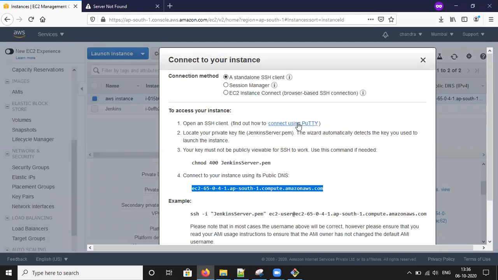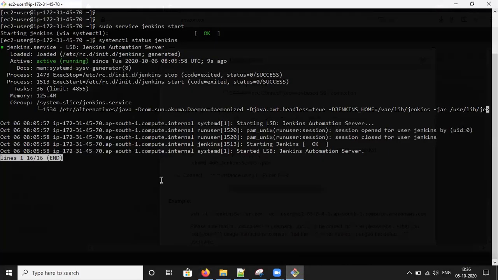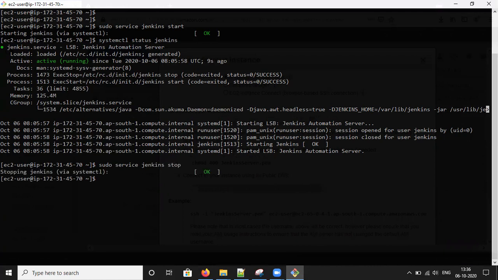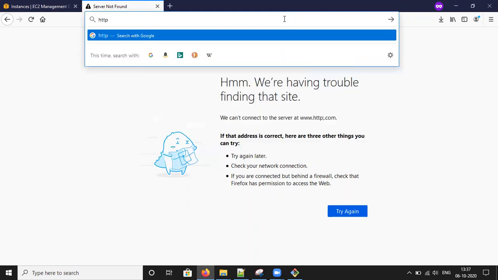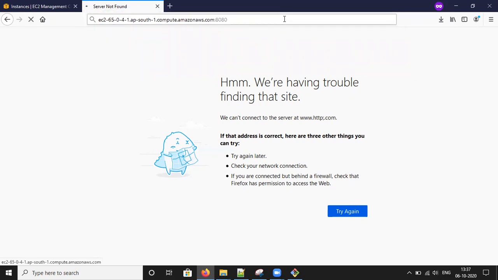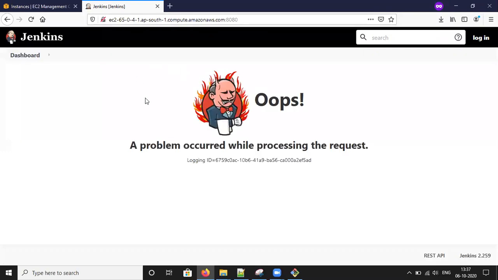We'll check why it is giving an error. Okay, HTTP, 8080. Yeah, it is opening now. Oops, what is this dashboard?